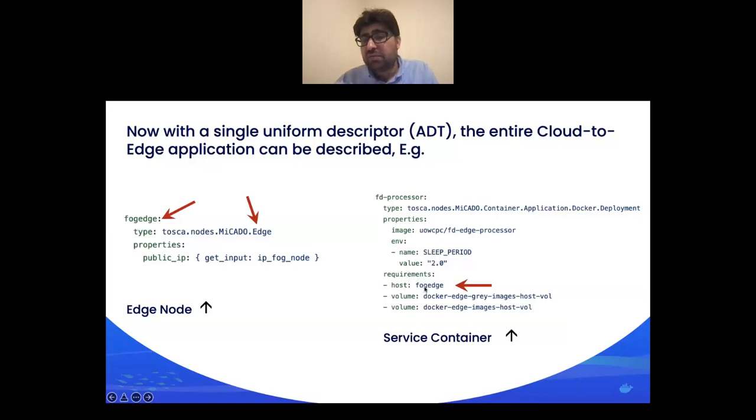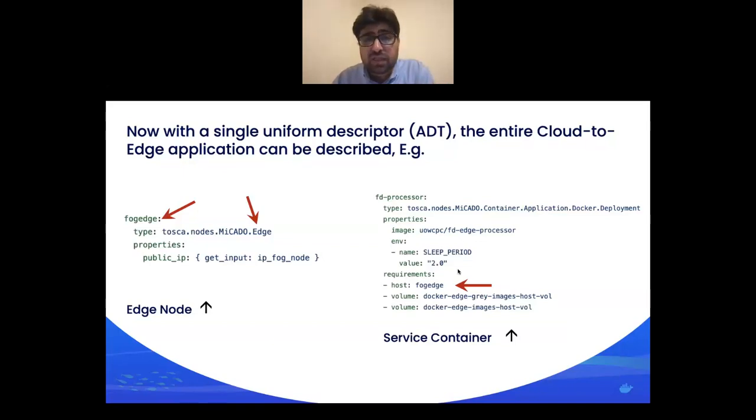But then in the requirement, we can simply specify where it shall be hosted, and in this case it will say host by Fog Edge, and Fog Edge in our description would be an edge node. In this way we can have a uniform description for the application irrespective of cloud or cloud to edge environment.